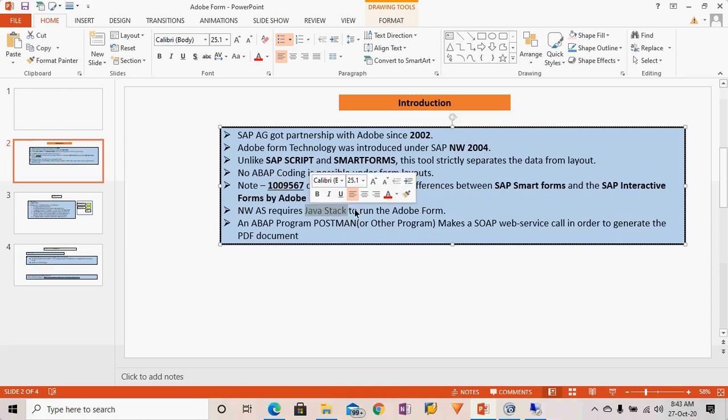Both kinds of support it provides. So only if the NetWeaver Java stack is there will you be able to execute the Adobe form. Now, the name of the ABAP program is the Postman, which is responsible for calling the SOAP based web service. So actually there is an Adobe server, and our ABAP program calls that Adobe server with